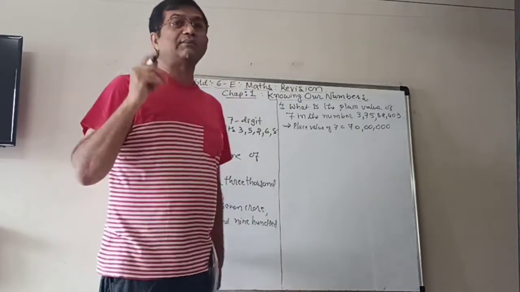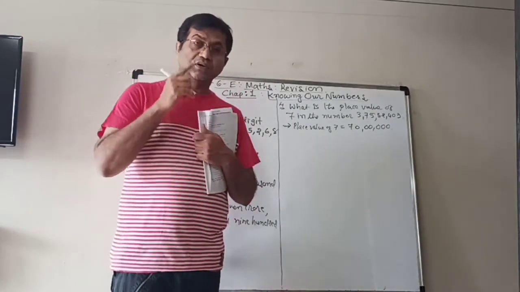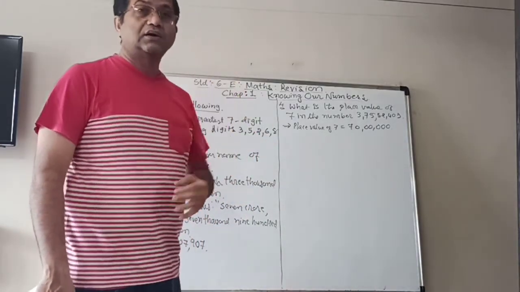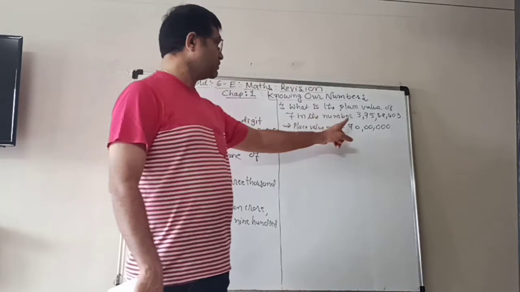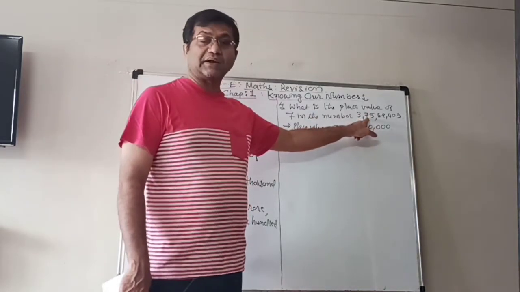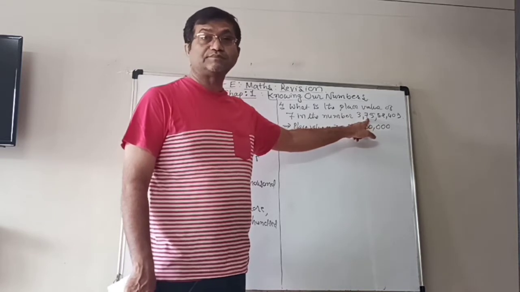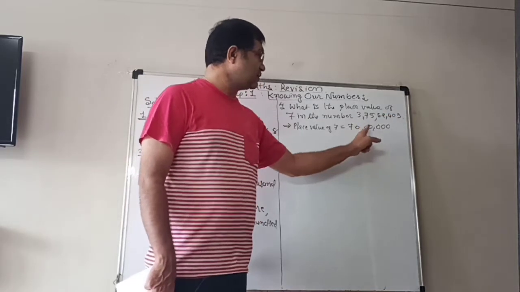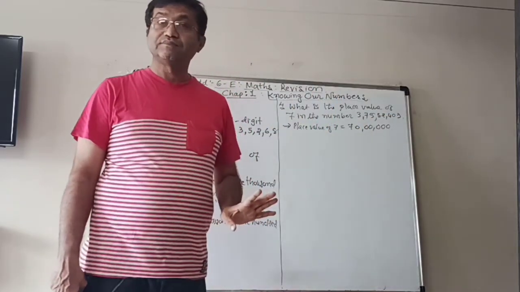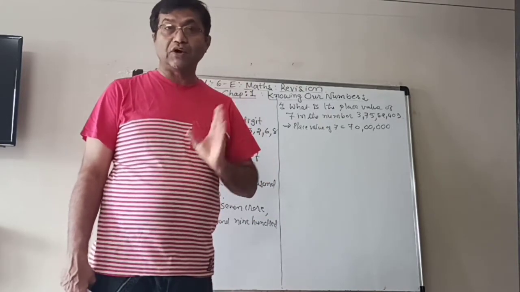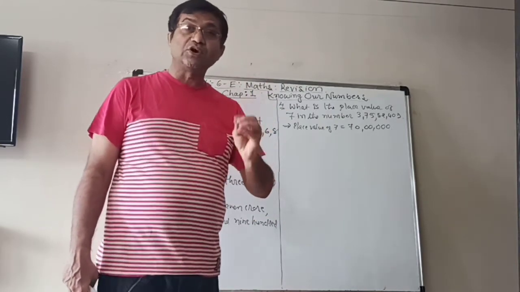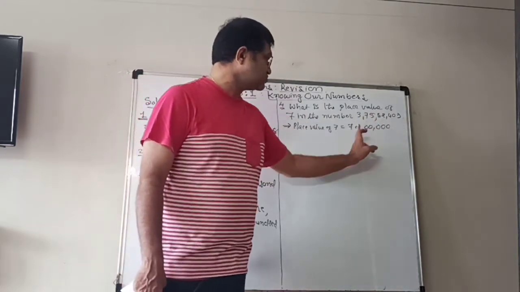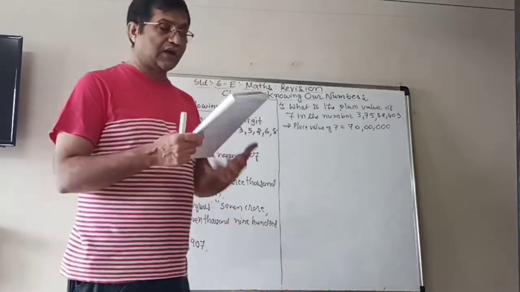And I hope you remember when I explained in the chapter that whenever you have to write down the place value, just check after that number how many other digits are there. After 7 how many digits are there? 1, 2, 3, 4, 5, 6. So that many zeros you have to add. Nothing to think more about it. Whatever number is there, that many zeros should be placed after that number. So you write down your answer.